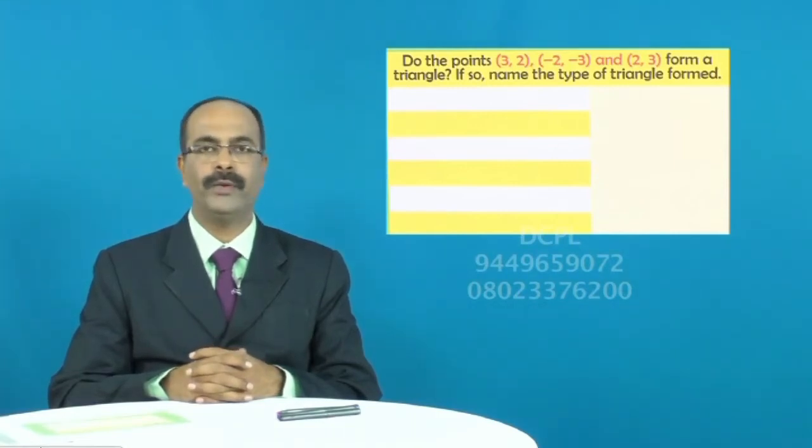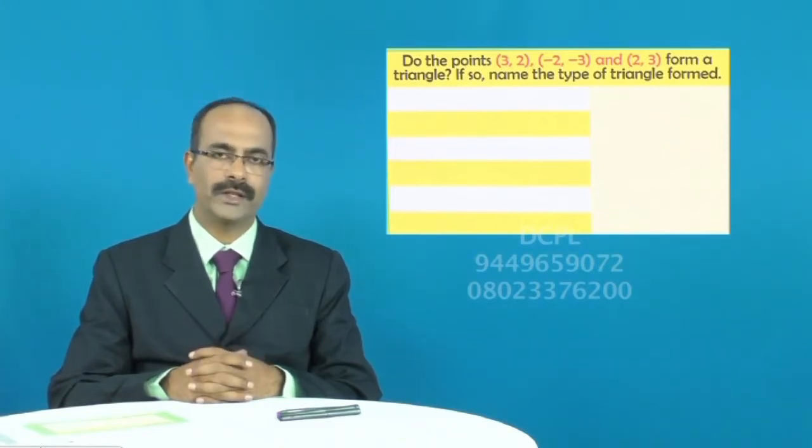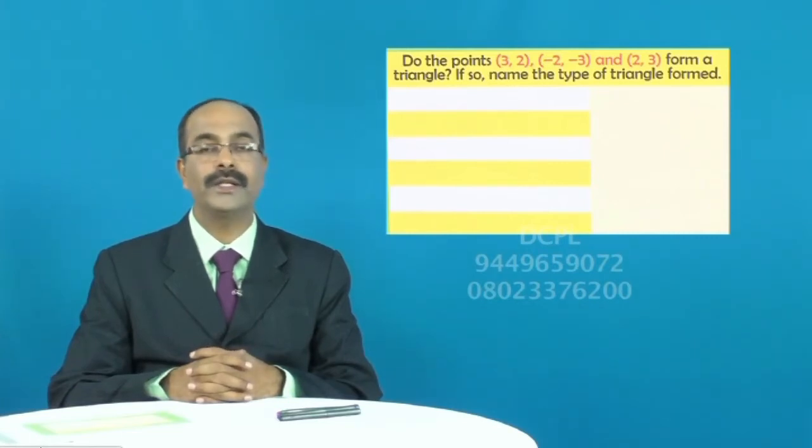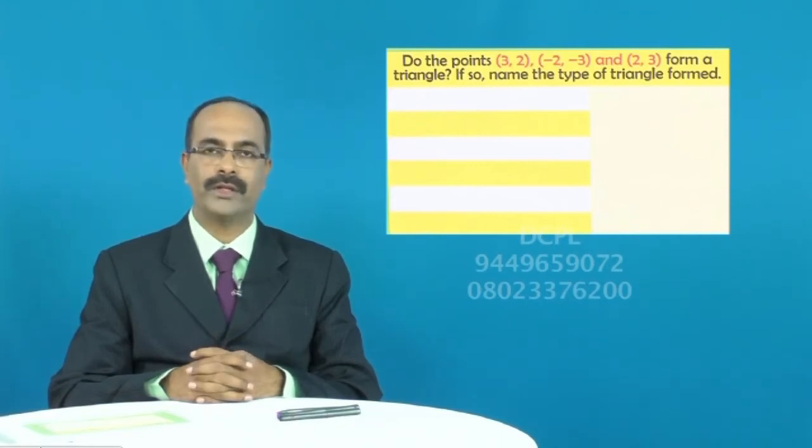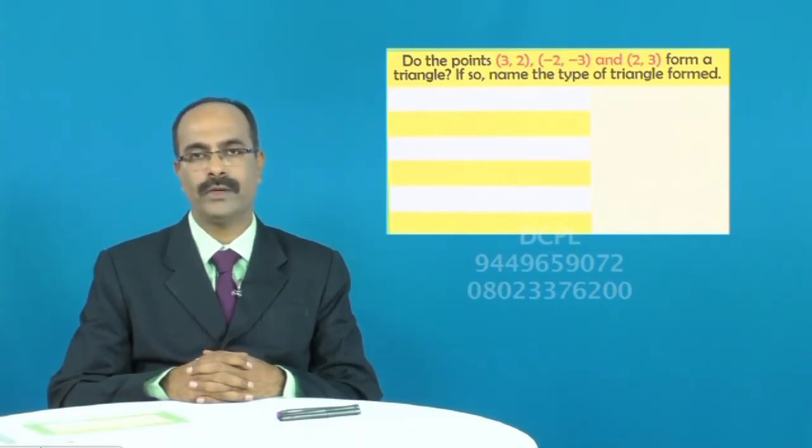Coming back, very importantly, dear students, if the triangle is equilateral, we will say all the three sides are equal. If the triangle is scalene, then the sides are not equal. If it is isosceles, two sides are equal. If it is a right angle triangle, then the sum of squares of any two sides is equal to the square of the third side. If it is an isosceles right angle triangle, then the sum of squares of any two sides is equal to the square of the third side, and one more piece of information is that two sides are equal. Right? So there are so many ways of finding out the type of triangle.